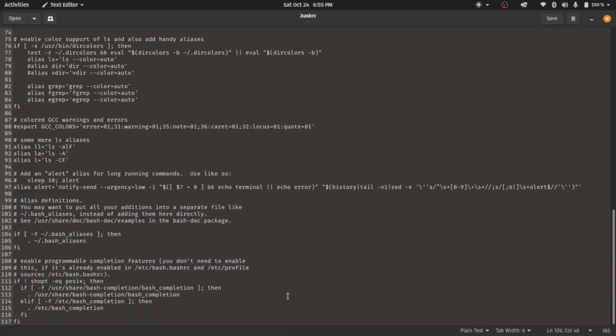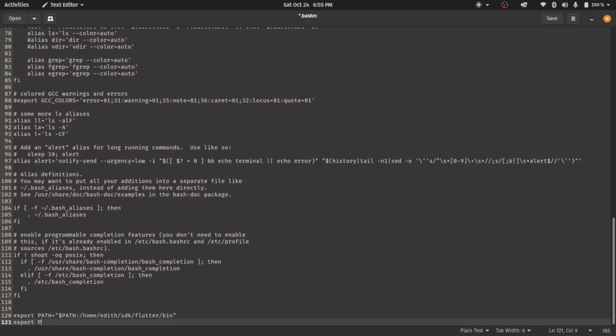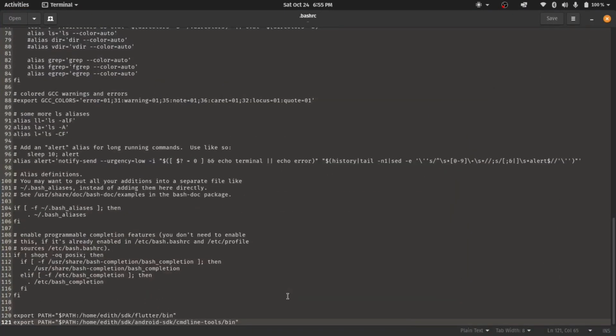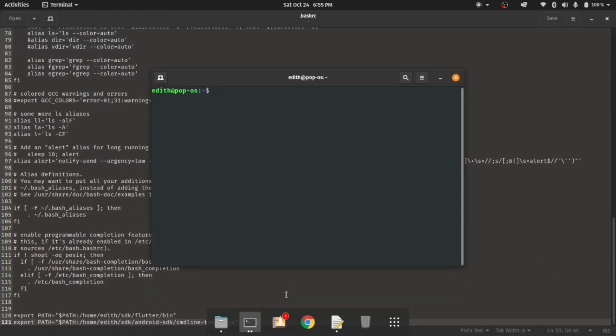Likewise, do export PATH equals $PATH and paste the path. Cool. Let's check whether this thing works. I'm saving the file and I'm creating a new instance of terminal, and if I say sdkmanager,